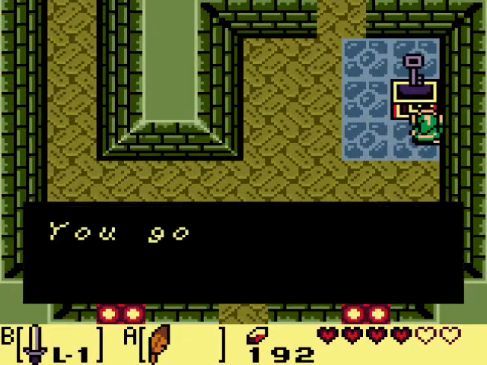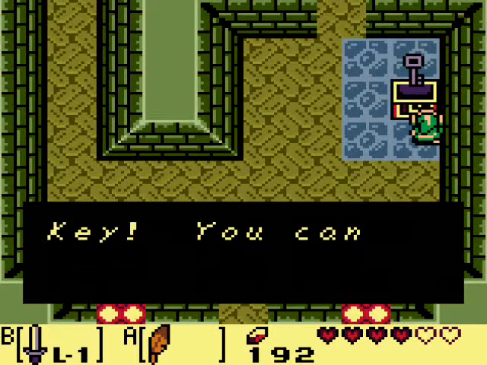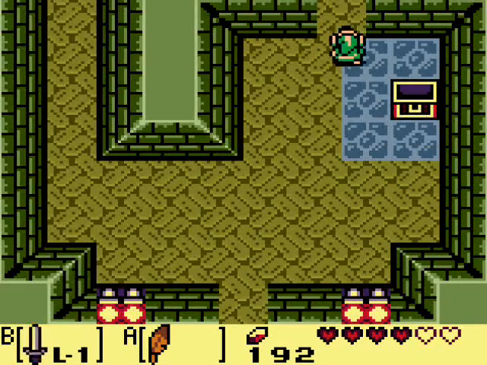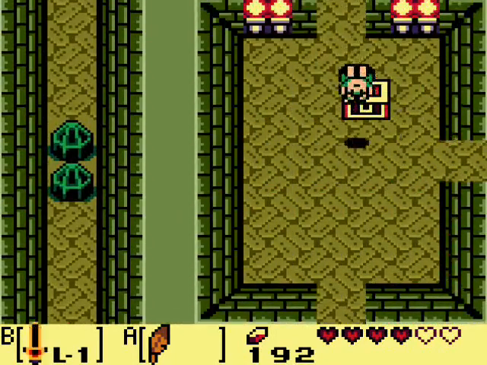Killing all of them, of course, you get a small key. Gasp! The dungeon is called Key Cavern, and we're getting keys? What a surprise! Anyway, let's go on up here. Now, of course, all the doors close, which means kill all the enemies, and...